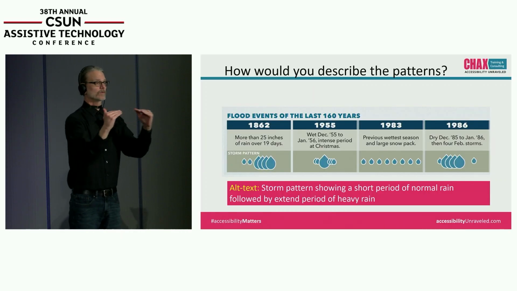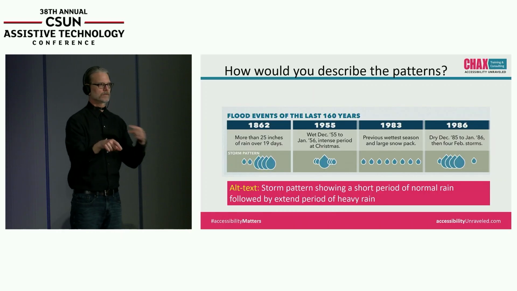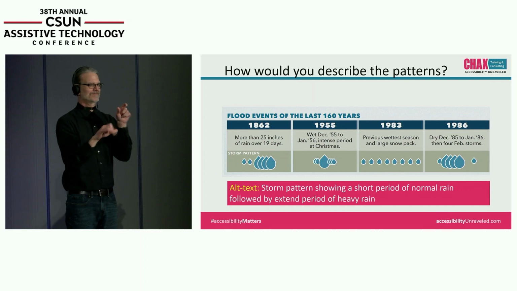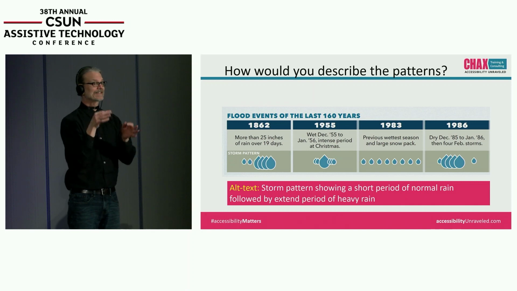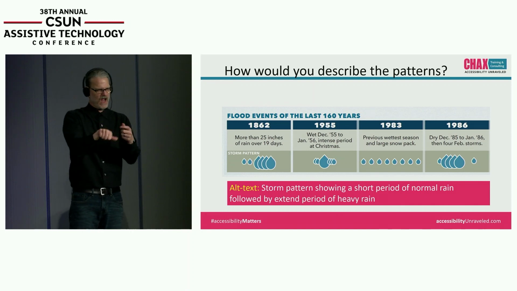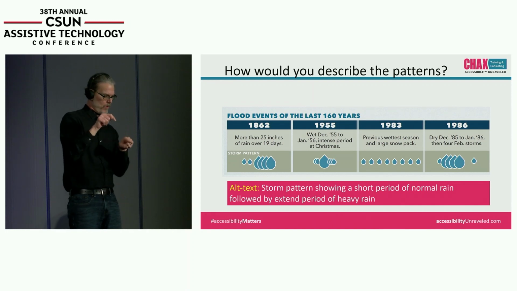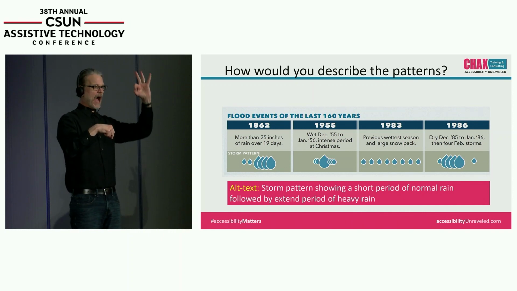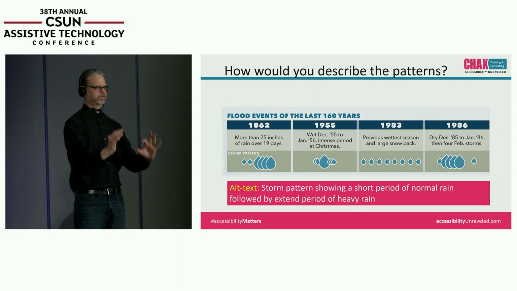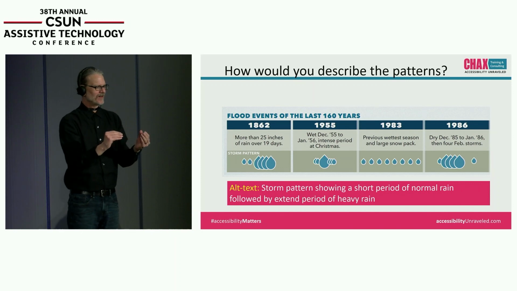In this example, I have 4 different columns in what was a table, and there are 2 rows. One talks about the rainfall in a specific given area, but below it, it has symbology that shows little water drops of different sizes. And those sizes tell a story. So you wouldn't want to artifact these images. In fact, you'd want to describe them.